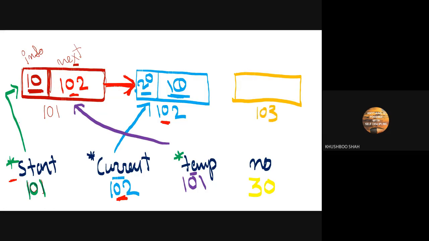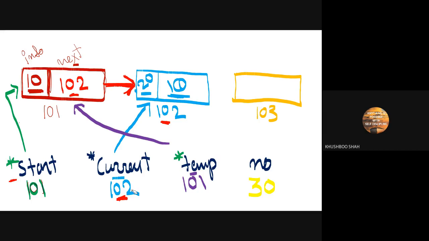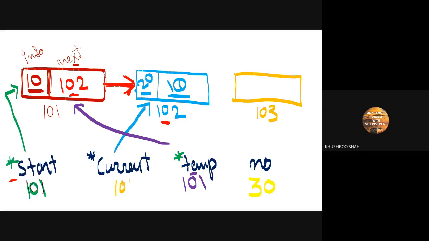And where we are assigning this 103, guys? To current. So now my current will have 103.